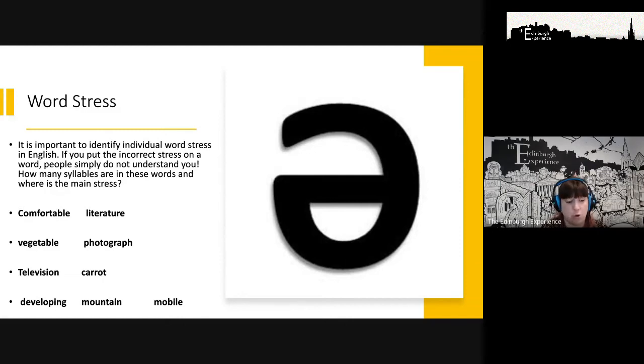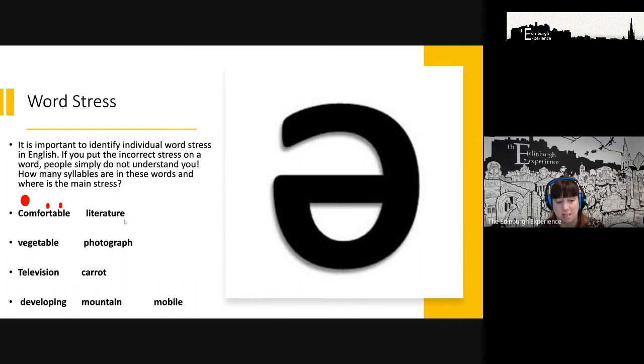So if I take this word here, comfortable, and I think of how many syllables I've got in that word, right? Comfortable, which is 3, okay? And then I'm going to think about where the main stress is in that word. Is it comfortable, comfortable, comfortable, okay? So my stress is on the first one, right? That's my main stress. And here are my other ones. So these sounds are the ones where we usually have the schwa, okay? Comfortable,